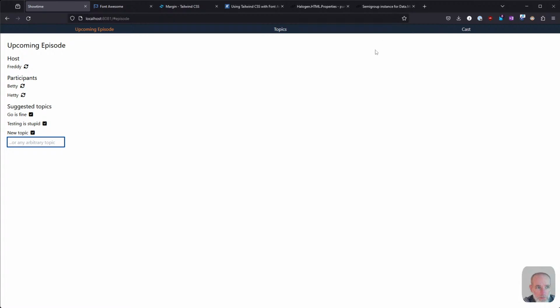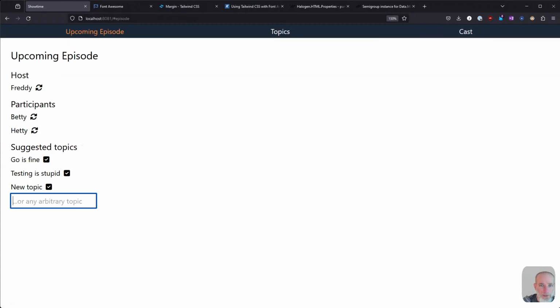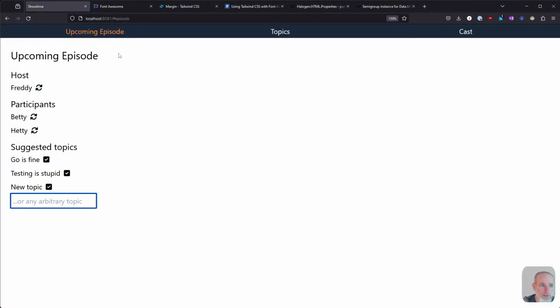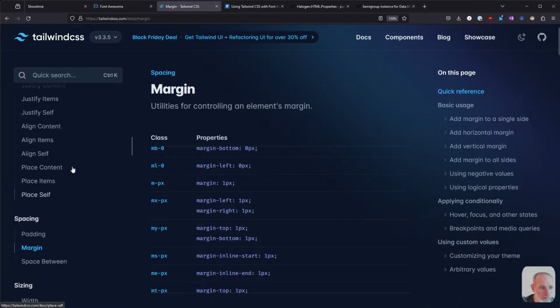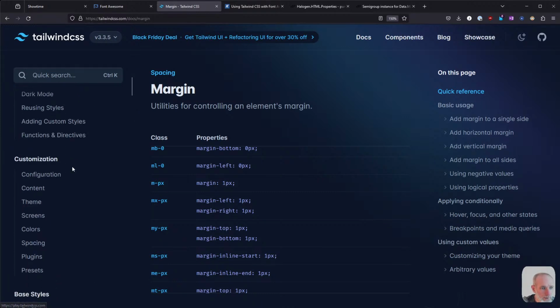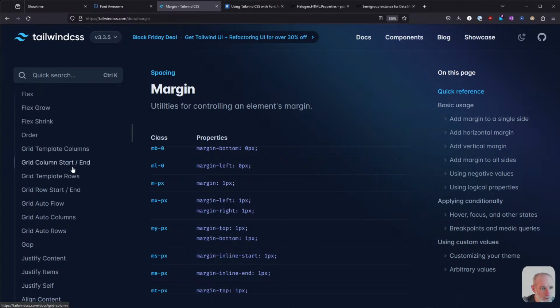Now I've zoomed in 240, so this is what it looks like normal size. Let's zoom in a bit. 150, how much of it's zoomed in here? 150. Okay, so everything's quite small, but it's fine. So we've got Freddy, we can replace it. This I want to make tiny. Well, not tiny, but smaller, certainly. So I should be able to say something like text small,